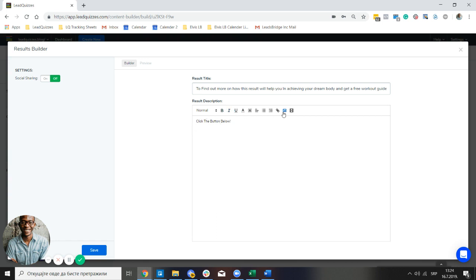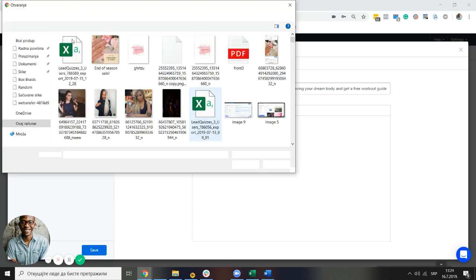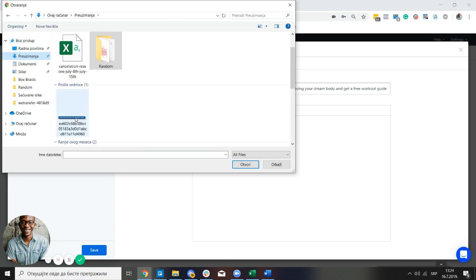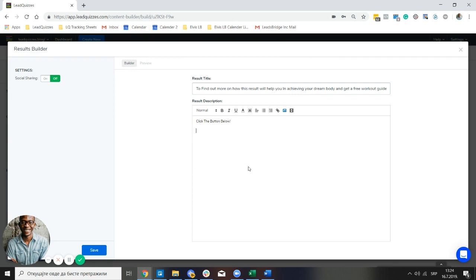Okay, so you go to this particular tab in here, you use this to add images. If you click on that, it's going to take you to your desktop, and then you can look for the PNG button you created using Photoshop and download it. Okay, so you click on that, you add it. Now you can see my button is in here. All right, now next